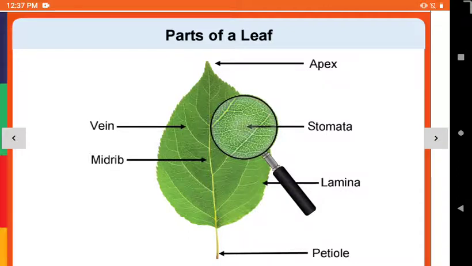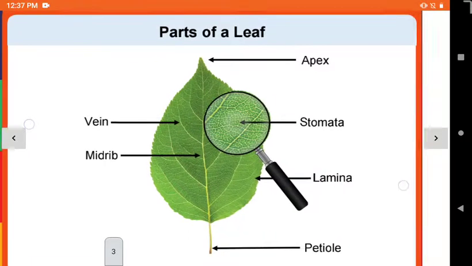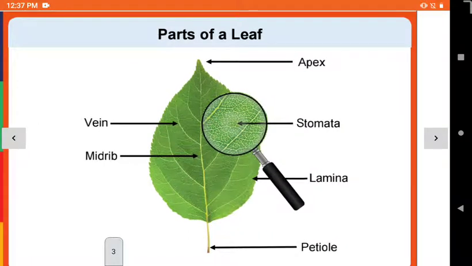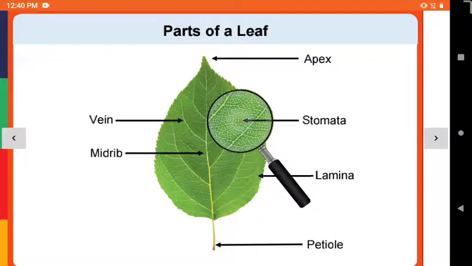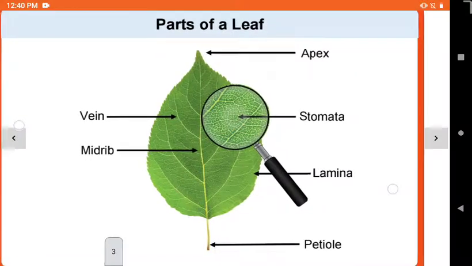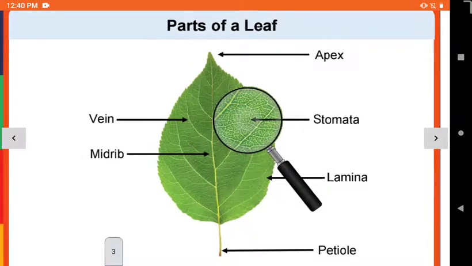Now tell me, what is the flat part of leaf is called? We called lamina. Okay, it is the green, flat and broad part of a leaf. So what is petiole? Petiole is a stalk that connects the lamina with the leaf base. So there are three main parts of a leaf. First is lamina, leaf base and petiole. So what is the main function of a leaf? To produce food for the plant by photosynthesis.